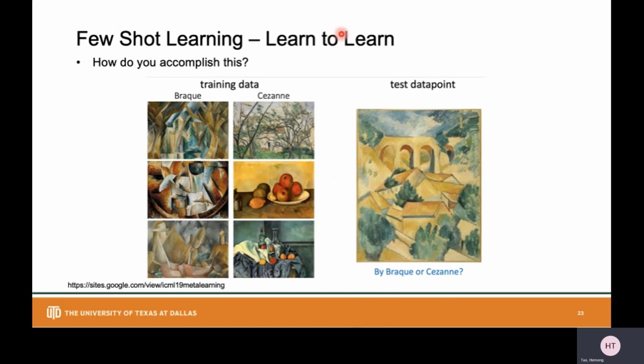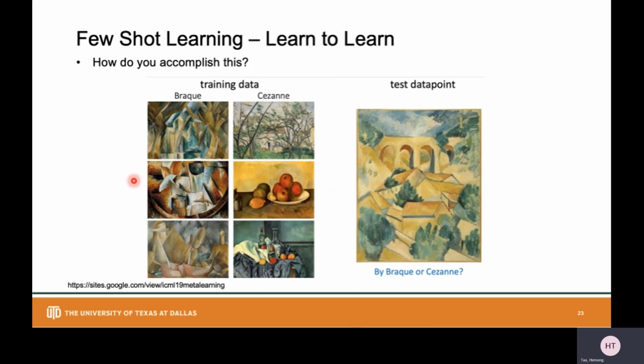So here I will give you some concepts of few-shot learning. Considering the task in the figure, imagine you are asked to distinguish whether the test drawing belongs to Braque or Cezanne. With very few labeled samples, we still can accomplish the task using previous knowledge, right? For example, we have seen a lot of drawings from different artists before. From those previous experiences, we have learned that drawings with a similar shape, color, or design most likely belong to the same author.